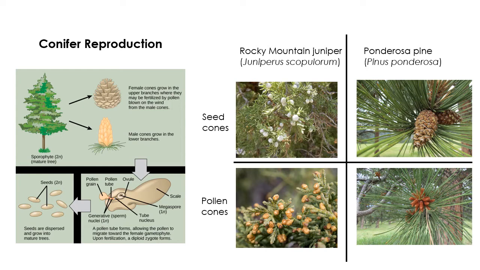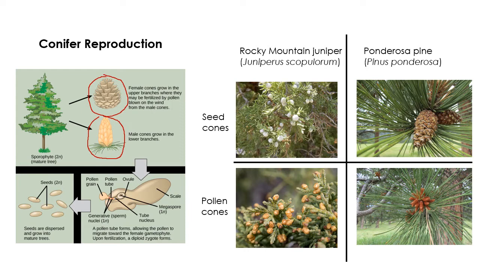So what you see over here in the left diagram is a tree, and we see these kinds of cones. These are the seed cones, or sometimes called the female cones, and they typically grow on the upper branches of a tree. And then on lower branches, we see a different kind of cone, and these are the male cones, or the pollen cones. The pollen cones, of course, produce pollen, and that pollen can drift on the wind, in the air currents, and carry to hopefully another tree, land on the seed cones, and fertilize the seed cones,